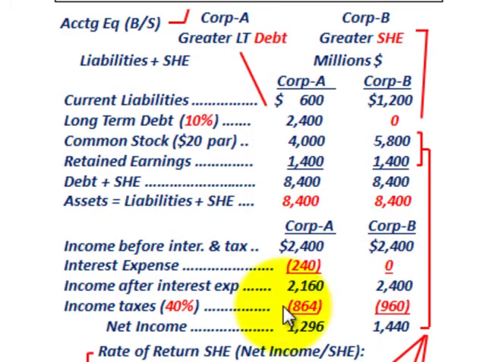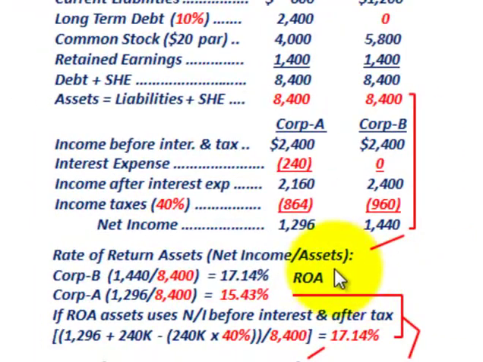Okay, so now let's look at our ratios, and we're going to be doing a comparison. And our comparisons again will be just between these two companies, Corp A and Corp B. We'll start with the rate of return on assets, which is net income divided by the assets. So let's start with Corp B. They had net income of $1,440,000. Total assets is $8,400,000. So that equates to